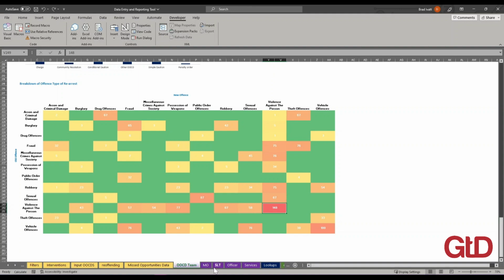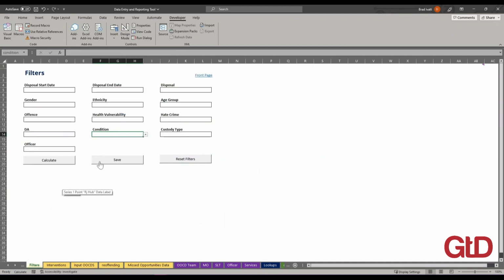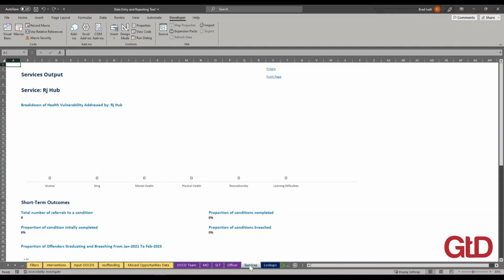There are also reports aimed at the missed opportunities and the SLT team, but the officer and the services tabs require us to use the filter page. Here we can specify an officer or a condition that will affect the report. For example, if we choose a specific condition and hit calculate, when we go back to the services page, we'll see that the page is updated,